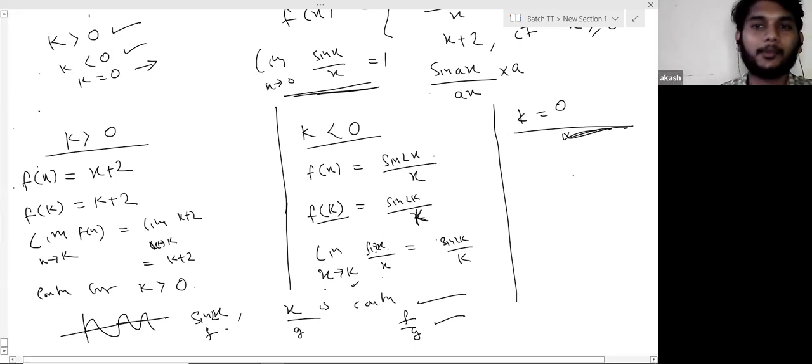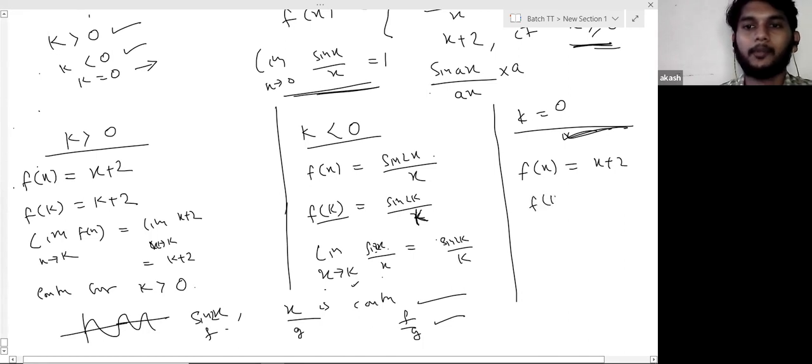So now k equals 0. So what will be f of x? x plus 2, because they have given you the equality sign. So f of k will be 2, right? Because k is 0, so x plus 2. Now the limit as x tends to 0 minus, when x is less than 0, we have to see sin 2x by x. Now you have to use the standard limit. All right, Sahel? Because x is tending to 0.